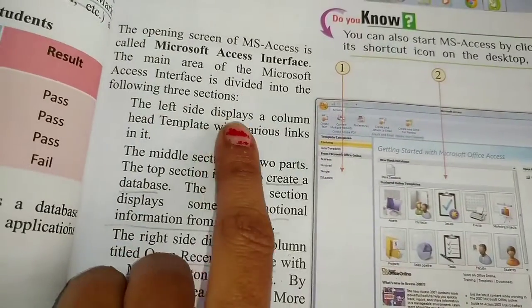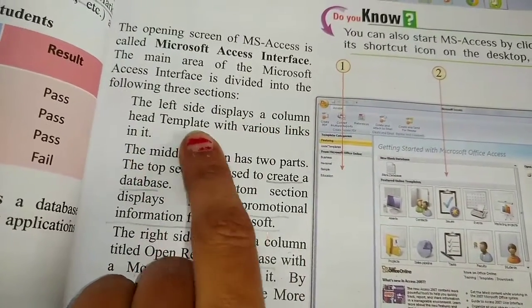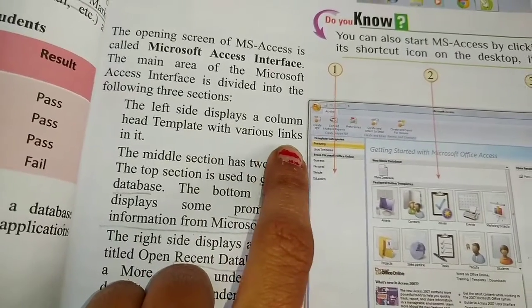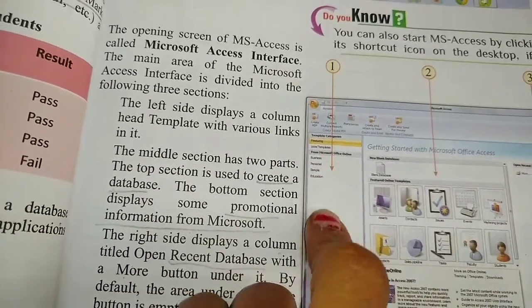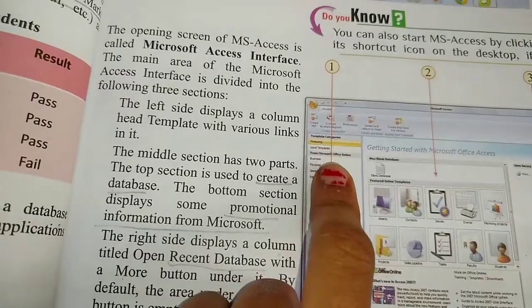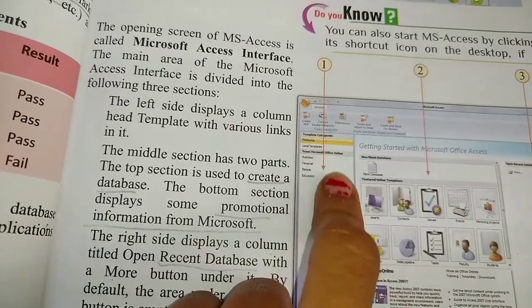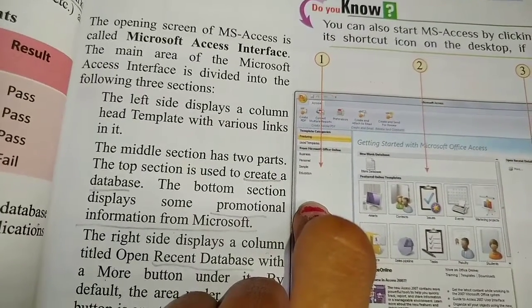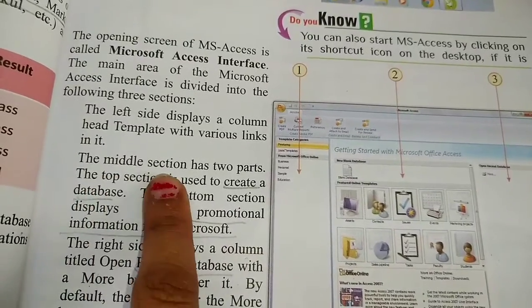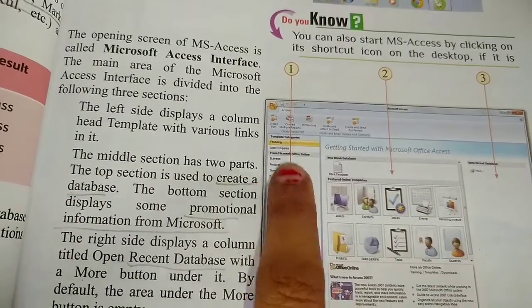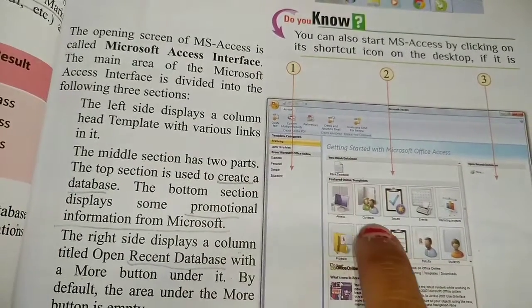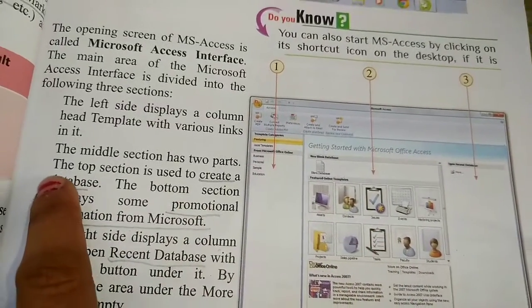Now see, the left side displays a column titled Templates with various links in it. On this left side there are so many links, and the middle section has two parts.